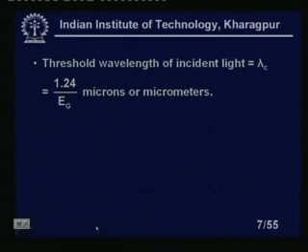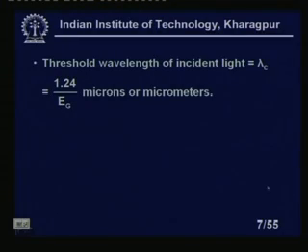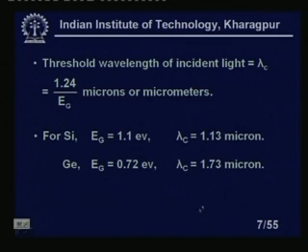Now, the threshold wavelength of incident light, that means the light which will be sufficient to generate the excess carriers in excess of the thermal energy, is given by 1.24 by Eg in microns or micrometers. For silicon, Eg is equal to 1.1 electron volt, for lambda c equal to 1.13 micron, and for germanium Eg equal to 0.72 electron volt, which will give you lambda c